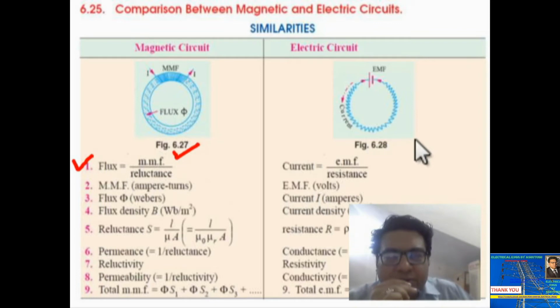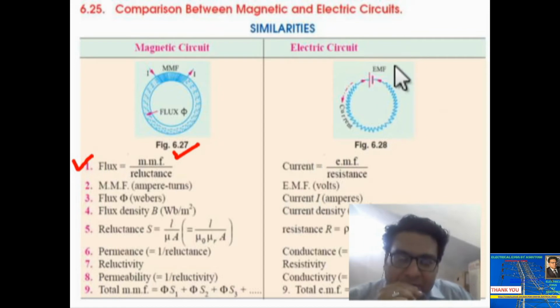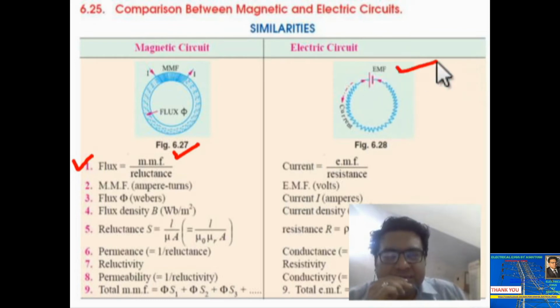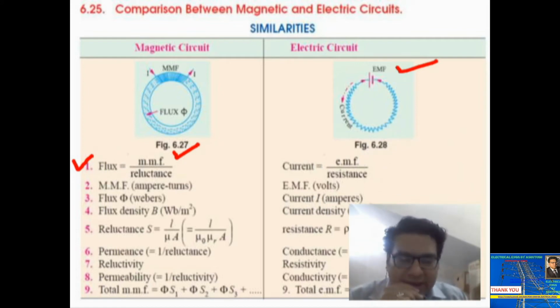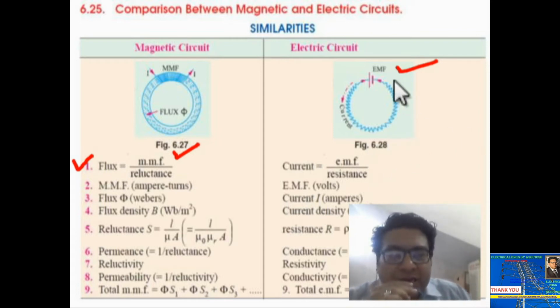Okay, and now we will talk about electric circuit. You can see over here there will be an EMF, a battery, a DC voltage source. This is the EMF source, and there will be copper wire connected between these two electrodes. So there will be a resistance of copper wire. वहां पर copper wire का resistance होता है, और ये जो copper wire है ये बैटरी के दोनों इलेक्ट्रोड्स, एक पॉजिटिव और एक नेगेटिव के बीच में कनेक्टेड होता है. You see over here, and then due to electromotive force a current will be circulated in the circuit.